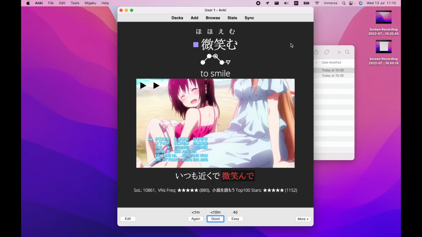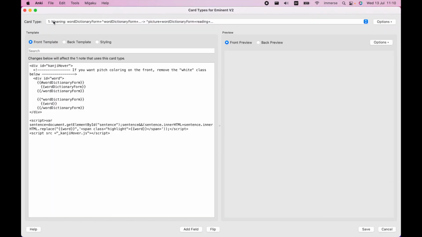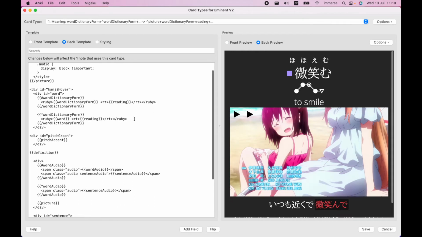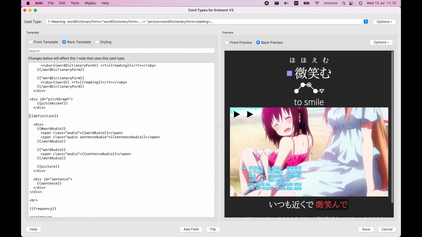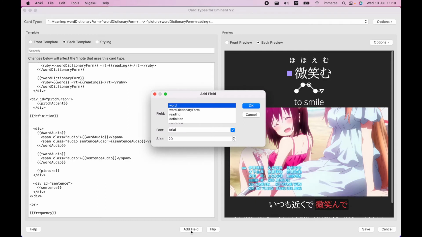Actually, there's one more thing I'd like to do. I realized that the text here is probably a little bit too large, so I'd like to change the size of that. So quickly come into Edit, go to Cards, to the back template, find the definition here, and I think place the cursor right next to it. And if you come down to add field and then come down to definition